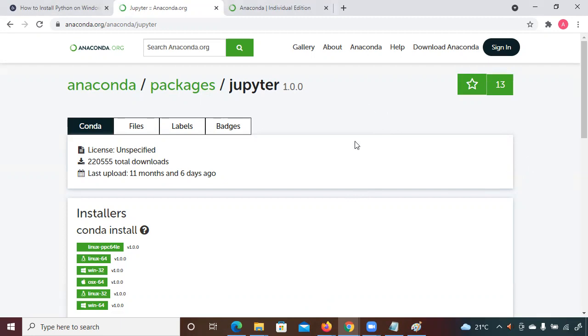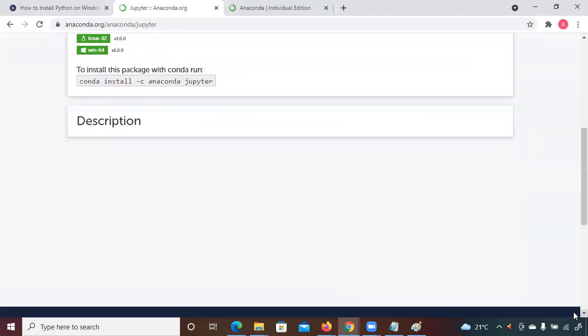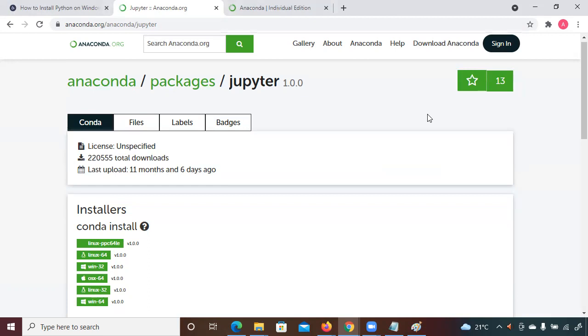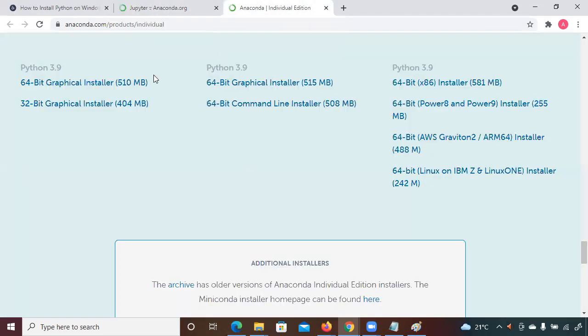Okay. So for installing that, whenever you have to install it, just go to the website anaconda.org and download Anaconda. Once you click on download Anaconda, this page will open.